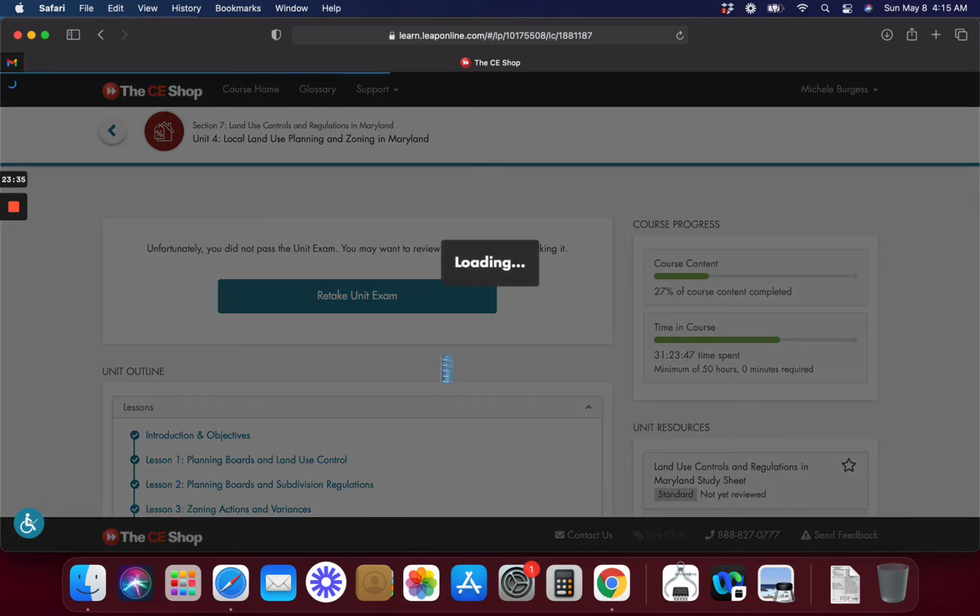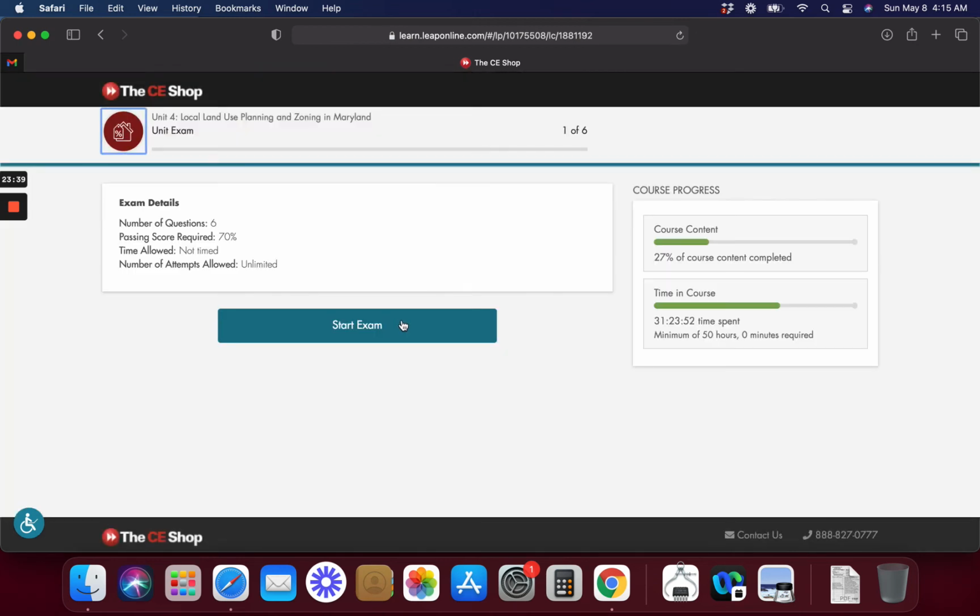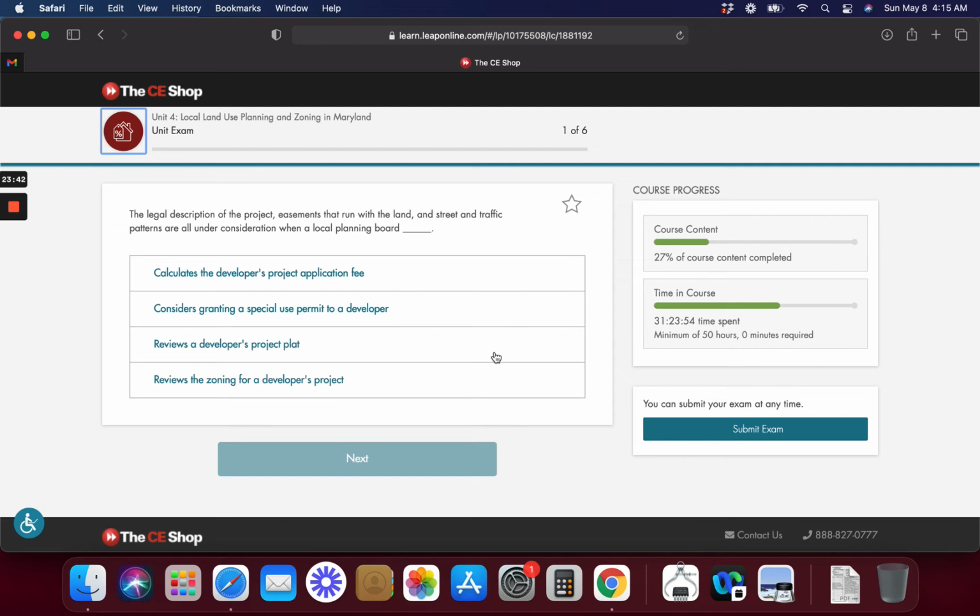Hopefully we'll pass it this time. I think you got to get 5 out of 6 right. All right, the legal description of the project, the easements, the traffic pattern are all considered when a local planning board